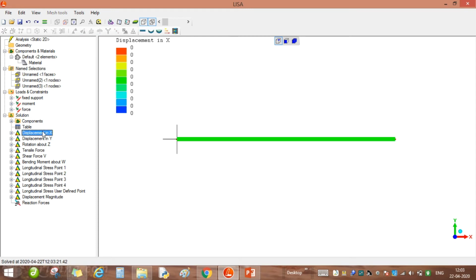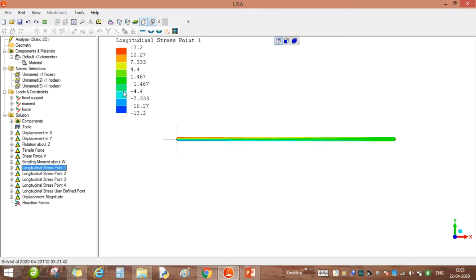So these are the displacement along x-axis, y-axis you can see, and z-axis. Because y-axis deflection is downward, that is when these deflections are coming in rotation about z. The rotation about z means it is the slope component we are getting. Maximum slope is here and minimum slope is here, that is 0, and then slope will increase slowly.